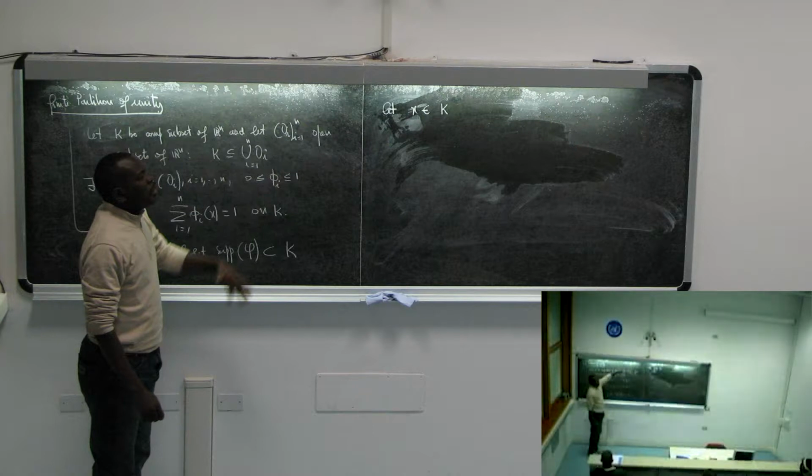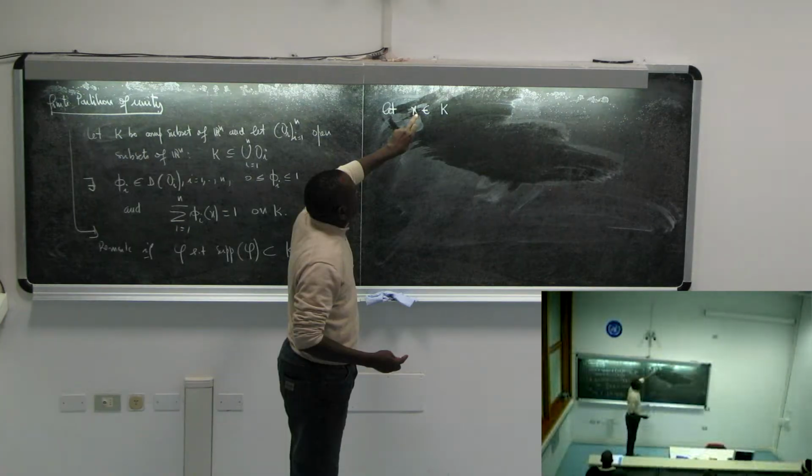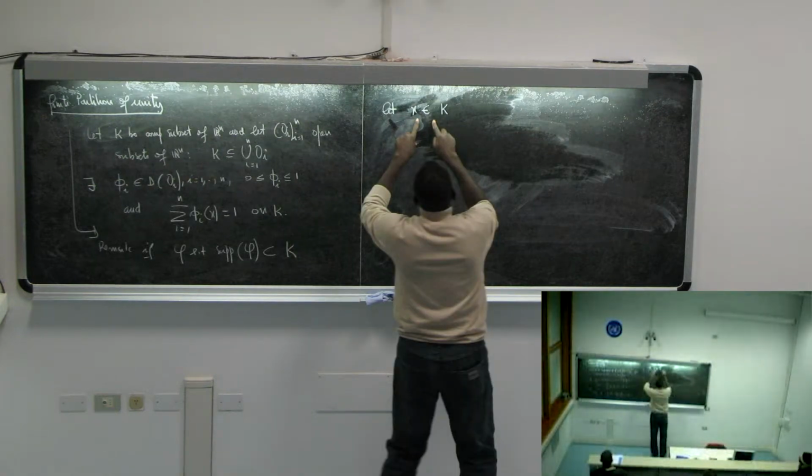And I use the fact that in Rn, any point has a local neighborhood which is compact. It means we use the fact that for any point x in Rn and any neighborhood of x, there is also a neighborhood which is compact and which stays inside the first neighborhood. So it means that if I take x in K, there exists V_x, an open